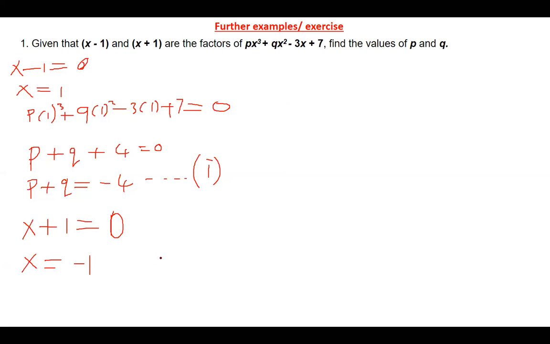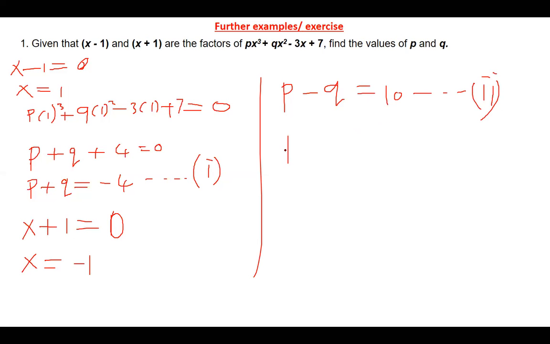It's going to be p minus q. Let me just do this, although time is up. But there's an exercise at the end, so you're going to answer this exercise and submit. p minus q is equal to 10. So you solve these two equations simultaneously, and when you solve them, you find the values of p and q. So when you solve them, you discover that your p is going to be equal to 3, and q is